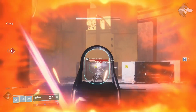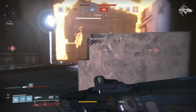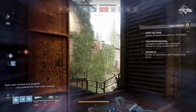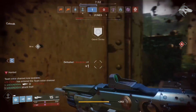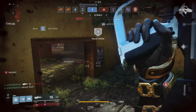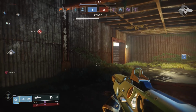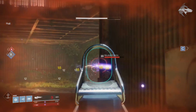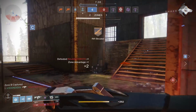I would suggest definitely having a Kinetic Recoil or Kinetic Counterbalance mod on your armor if you can with this thing. It can do okay at slightly longer ranges. It's not necessarily this archetype's fault that it doesn't have the best kind of performance at range. You will find that with pulse rifles in Destiny 2, the range drop-off is pretty severe. So versus scout rifle users at long ranges, you're going to see the same kind of issues that you'd see with other weapons in the game, but I personally feel like this is my favourite archetype of pulse rifle in